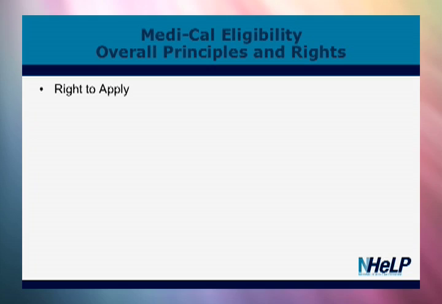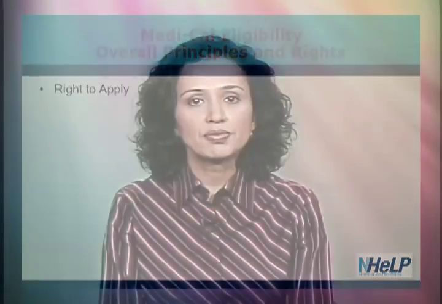First off, anyone who is interested in the Medi-Cal program has the right to apply. This right involves a number of important components. Number one, there are several different places and ways that an individual can apply for the program. These include state welfare offices, local departments of public social services, hospitals, and clinics. Individuals can apply by mail by sending an MC-210 application into the county welfare office, and children and pregnant women